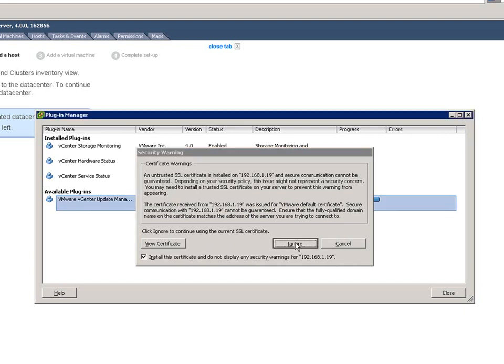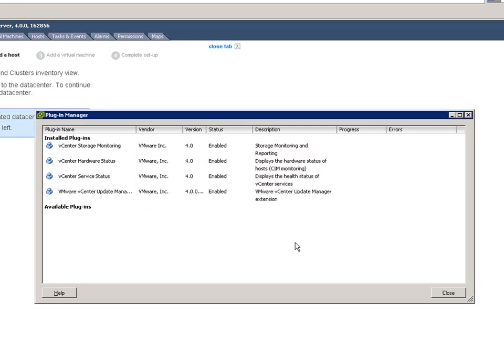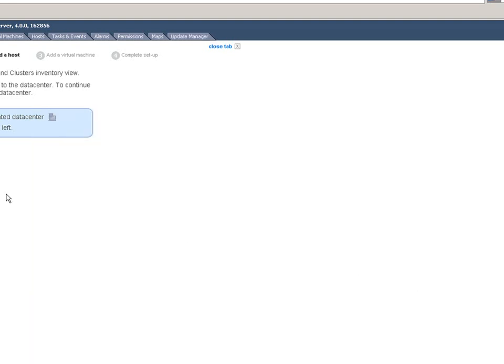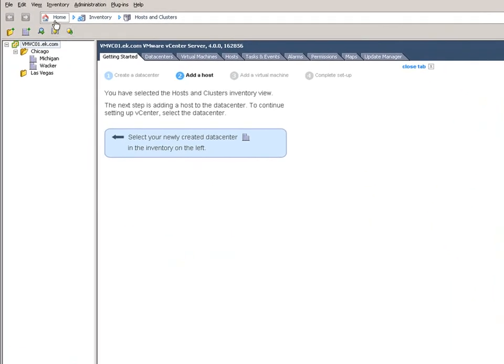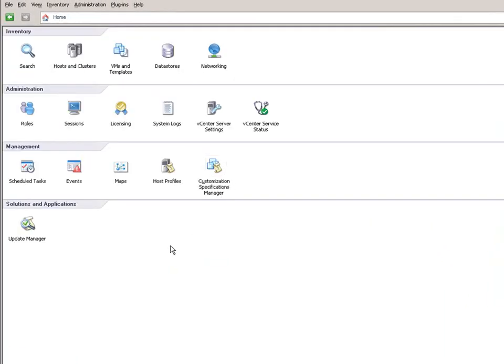If you wanted to accept an SSL, you would have to create an SSL that's specific for Virtual Center in order to authenticate, because what we're dealing with is a default SSL certificate. So I'm going to click on Close here. And now if we go to the home screen, you'll notice that we have a new icon for Update Manager down here, which allows us to go in and start manipulating the system, attaching baselines, upgrading and updating virtual machines and ESX